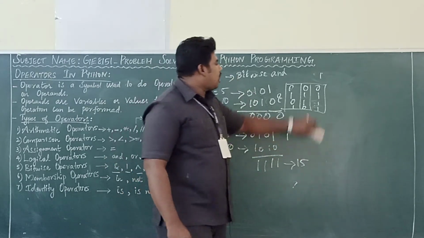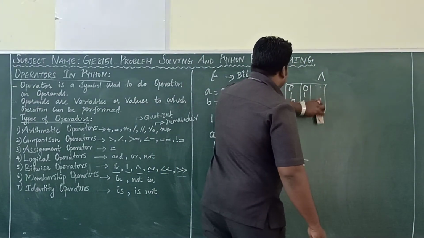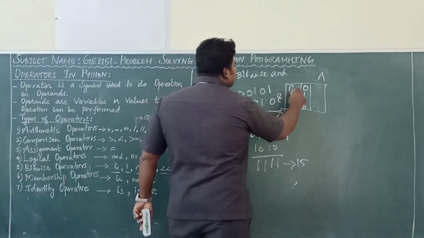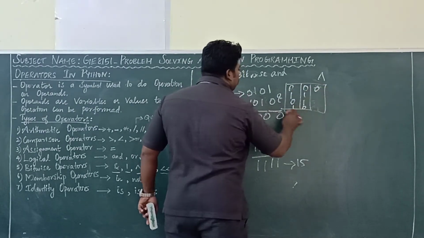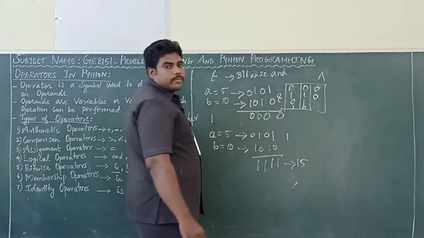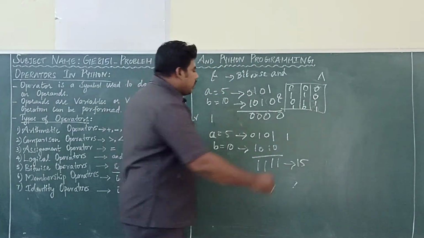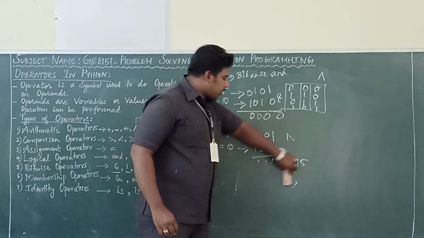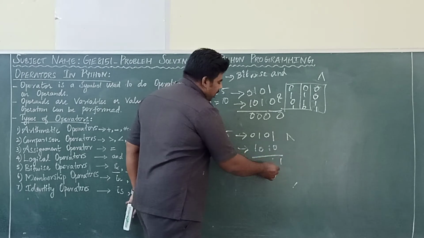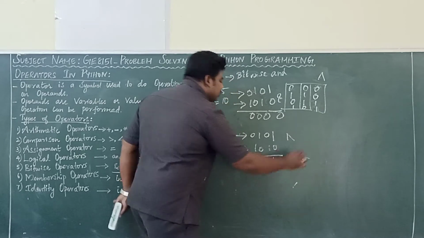The third one is XOR. Okay, for XOR, the truth table is, see here, whenever you are giving the same, you will get 0. If both the conditions are giving the same answer, it is 0. 0, 0 means 0. If both the conditions are giving 1, 1, it is also 0. If both the conditions are giving different answers, then it is 1. So here I am going to perform XOR. Here it is different, right? 1. Here also it is different, 1. Here also different, 1. 1. We are getting the answer 15.